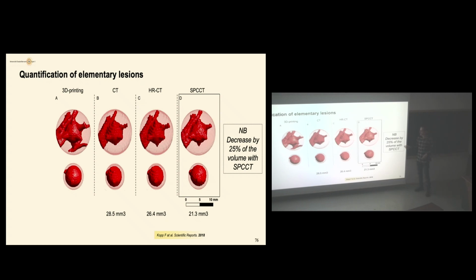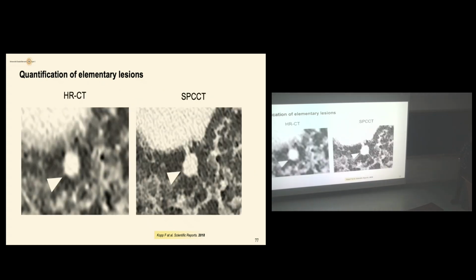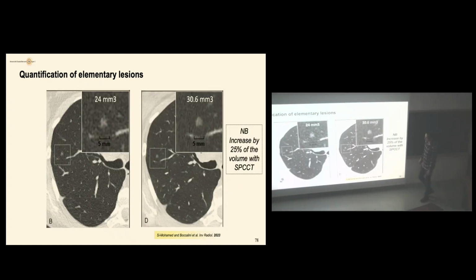And that's interesting, because now we are talking about lung screening strategy, annual scanner, biannual, and so on. And when we talk about percentage of evolution, 25 is very high. This is the case of this nodule on the left-hand side with high resolution and on the right-hand side spectral photon-counting CT. But it's funny, because when it comes to a low contrast nodule, such as ground glass, in this young woman, we follow her for this lesion.